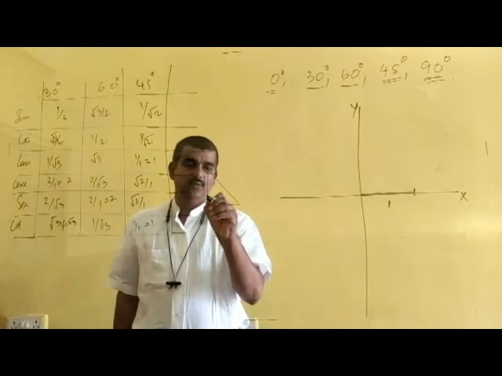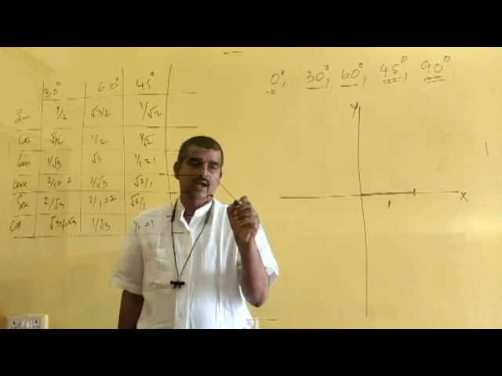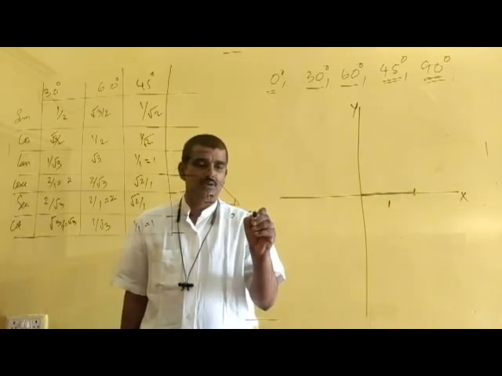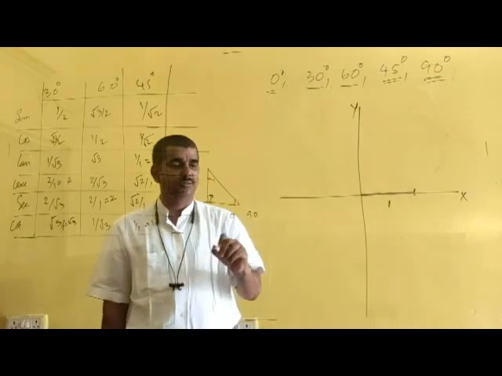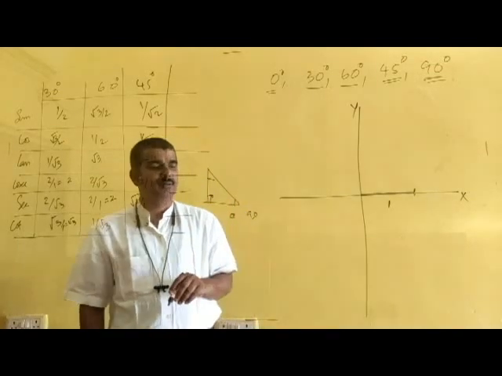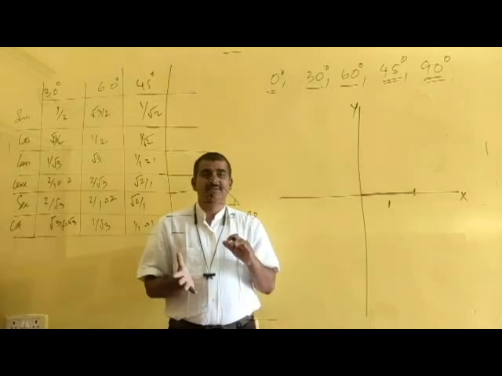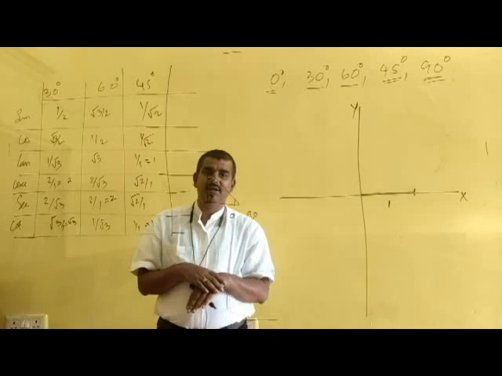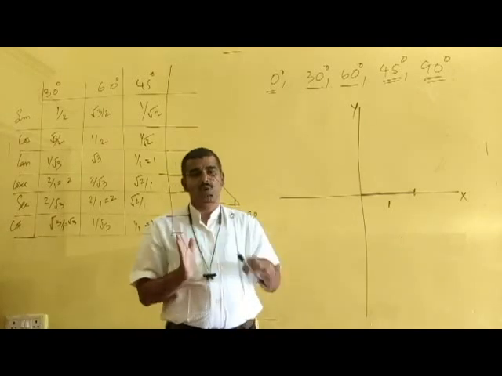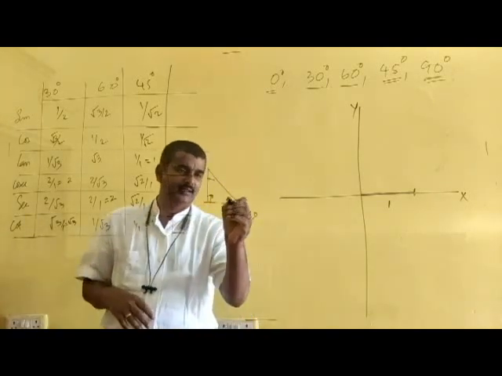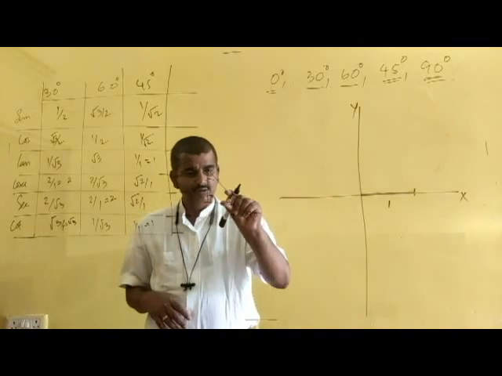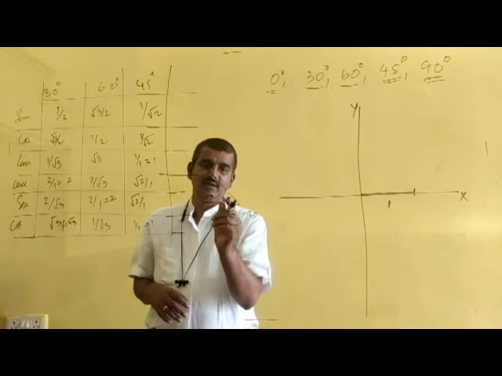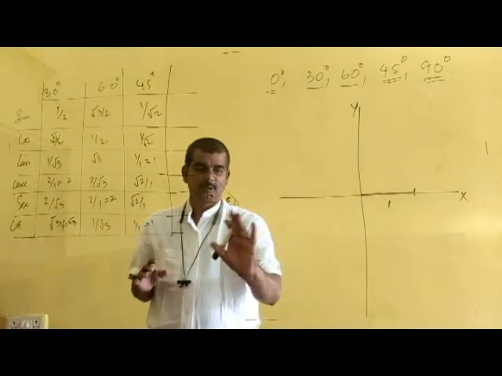There are 3 angles. One is 90 degrees and the other 2 angles are between 0 and 90 degrees. 0 is not possible, and 90 is also not possible, because if it is 0, then it will become a straight line and that will not be a triangle. The lines will coincide. If the angle is 0 degrees over here, both lines will coincide. If this is 90 degrees, then also it is not possible.